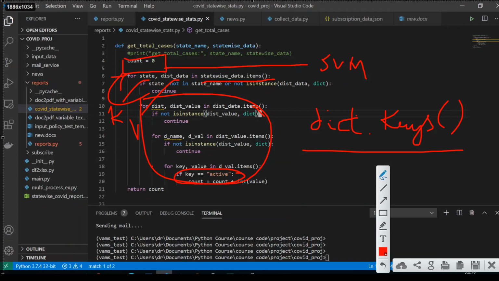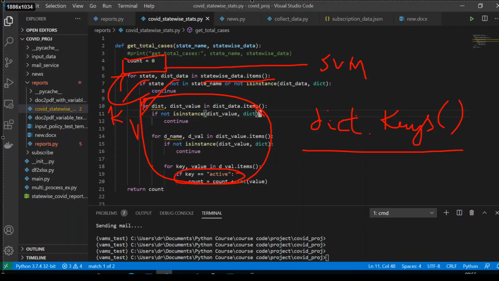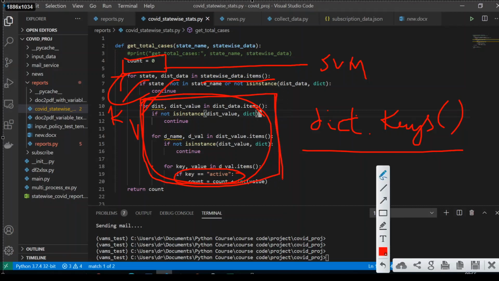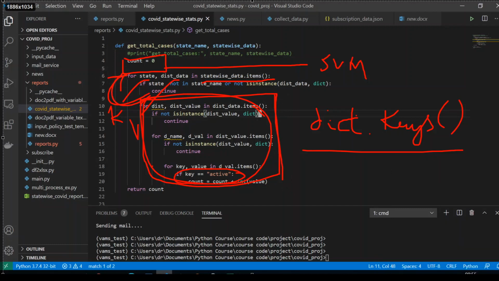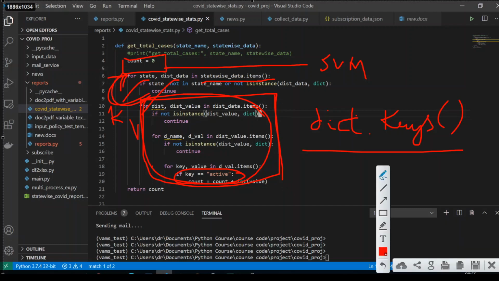Continue won't execute the code that is below the statement, and then it will simply go back and continue with the loop. So that is the use of continue we have already discussed, just revising.